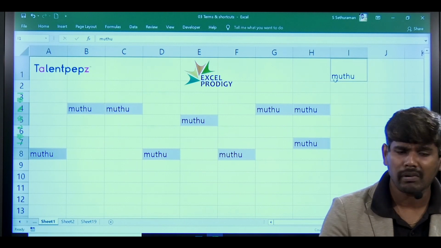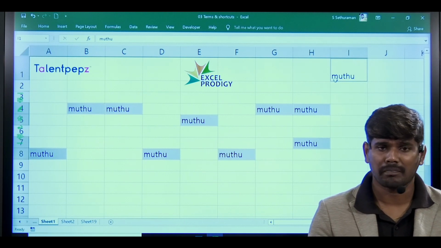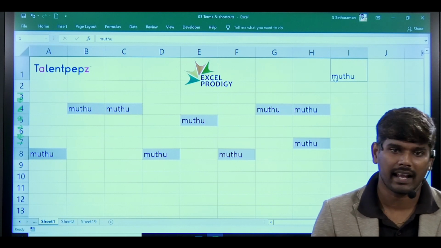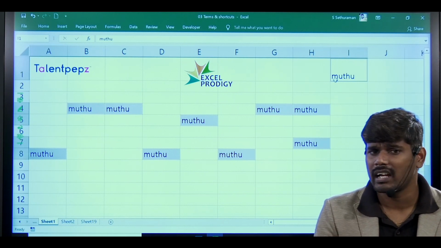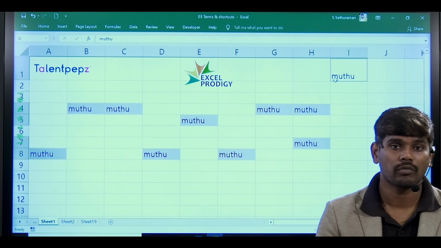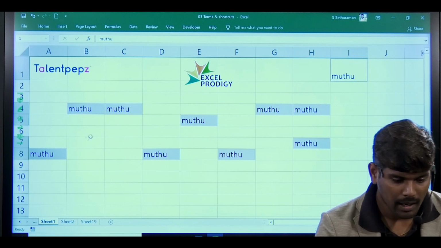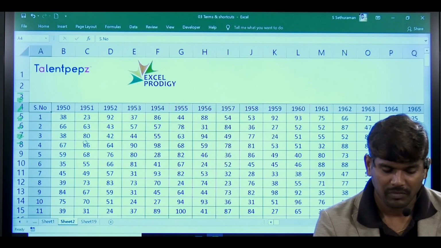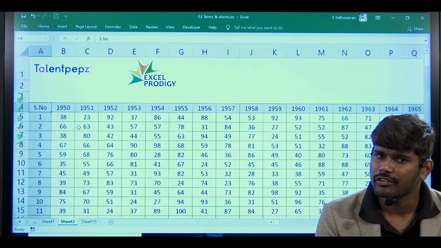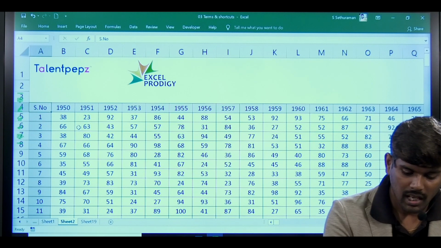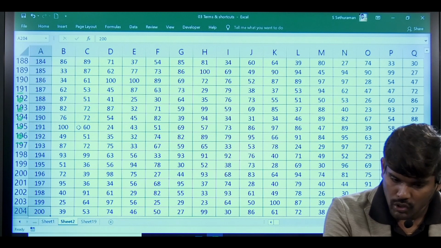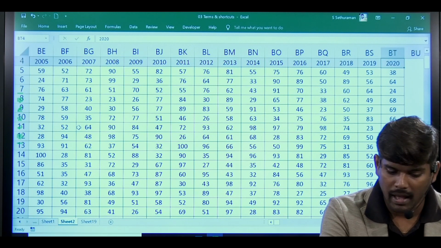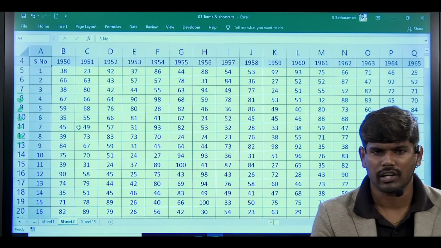Okay, so one by one, we are talking about the page, sheet, and then data handling, right? Now in this data handling, I am going to deal with selection. This is our data. What we understood: first cell, Control Down Arrow, Control Right Arrow, Control Up Arrow, Control Left Arrow, like that we understood.